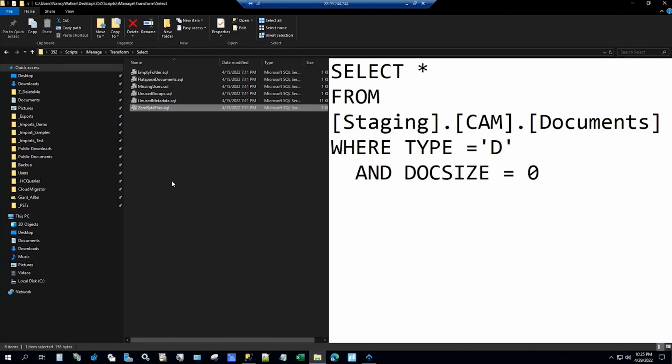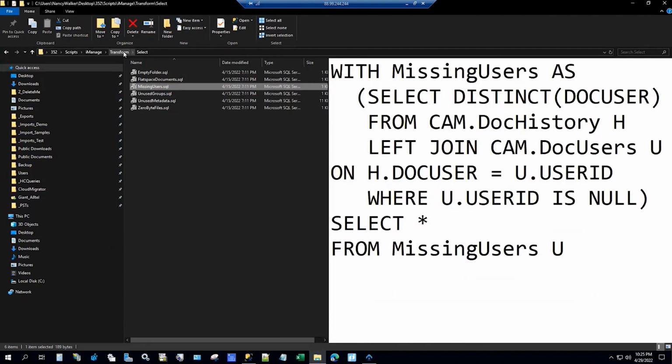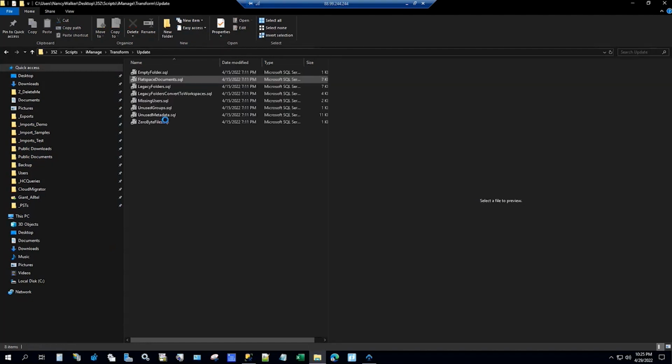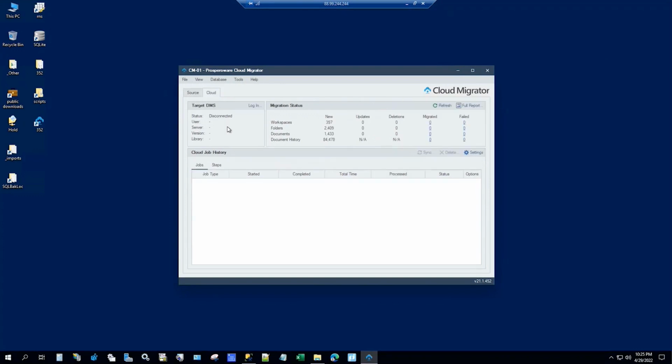You can't really do anything about those, but you should know what they are: unused metadata, unused groups, missing users, and the update scripts that can be modified for each of these. Now I'm going to skip going through and fixing everything, because I'm going to have some stuff that doesn't work in my synced cloud. So I'm going to switch over to the cloud